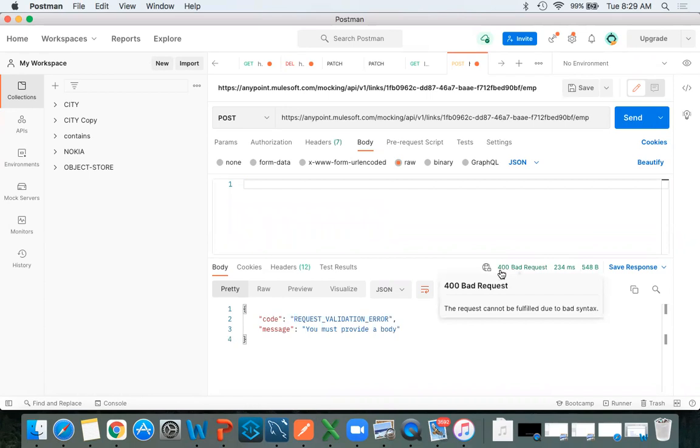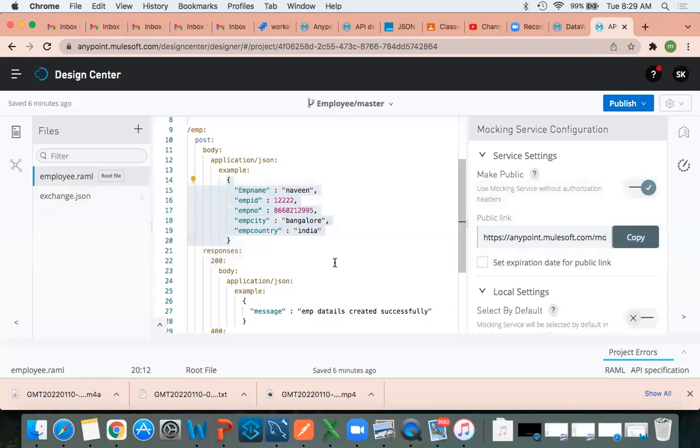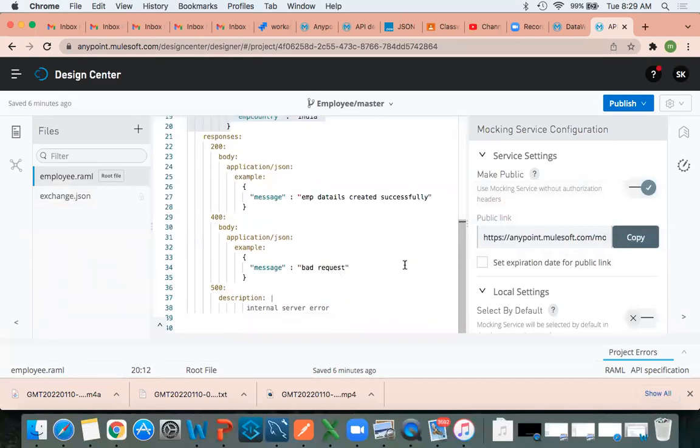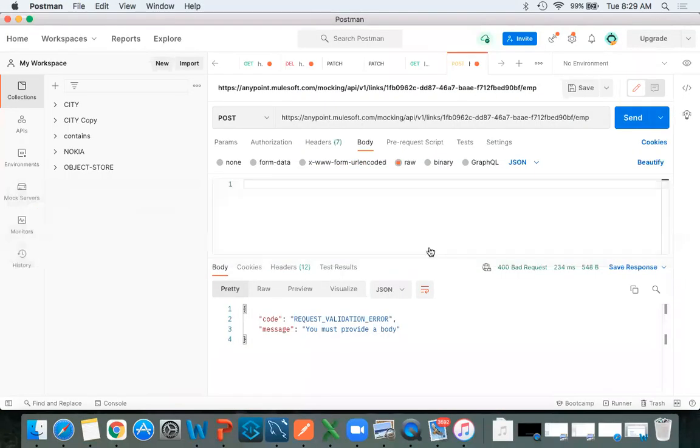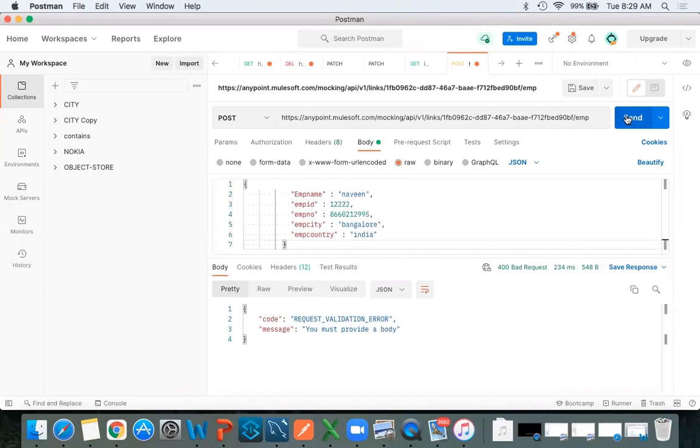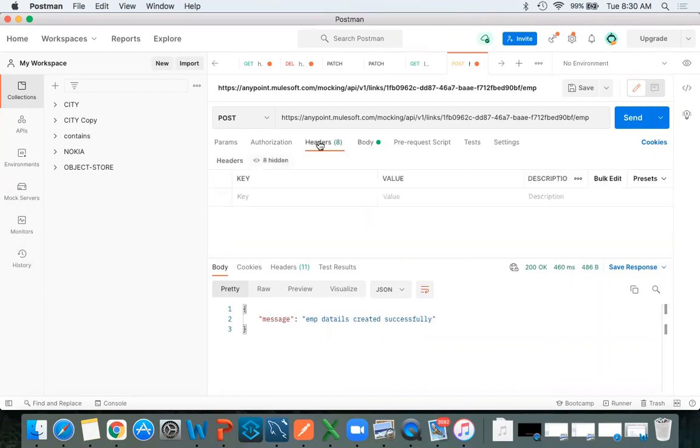We got a bad request. Here we wrote bad request. Even if you did not mention it also, you will get the bad request. Now if you click on send, you will get the output. Clear? Can you go to headers once? Okay.